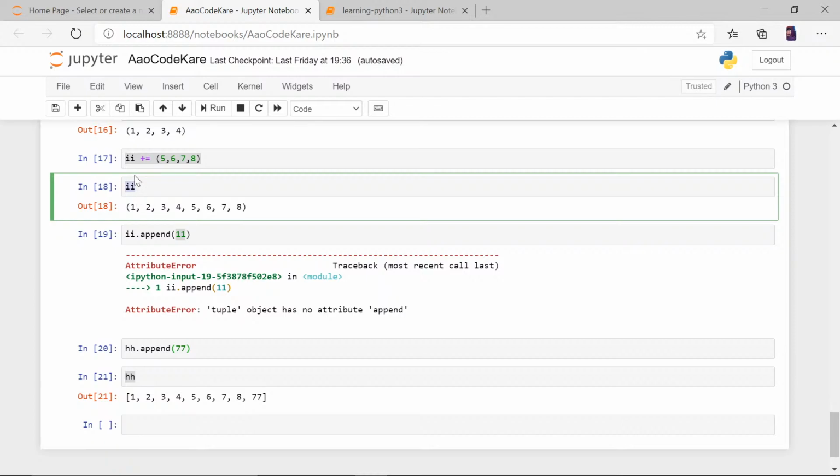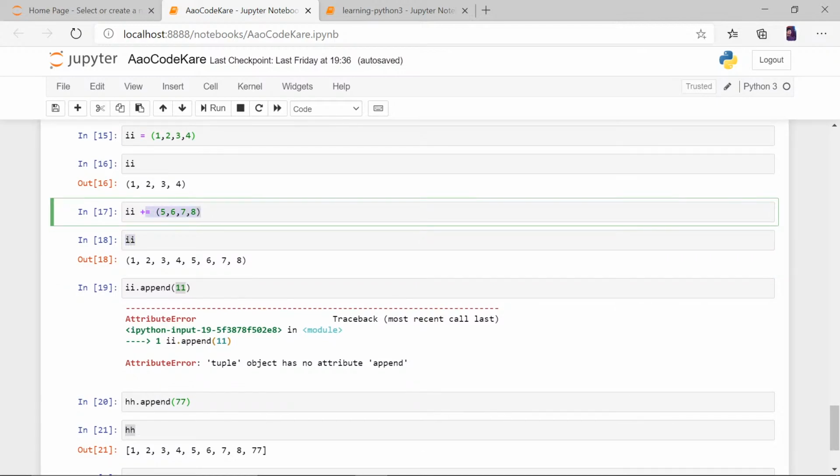Now why this happened was that ii is taken to a temporary memory and it has been assigned a new memory. Maybe I'll explain it again in the next lecture, but right now I can explain it to you in a notepad.